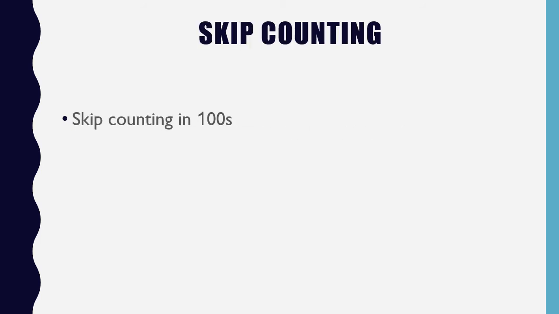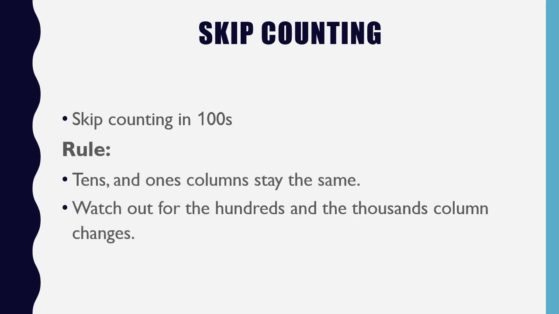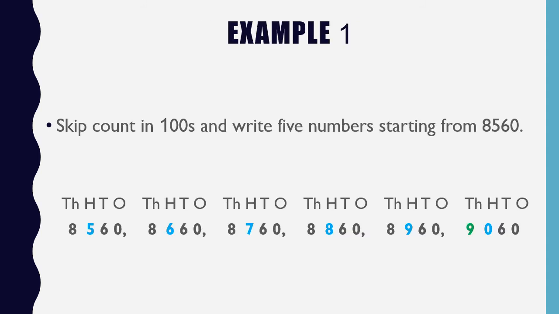Skip counting in hundreds. While skip counting in hundreds, both tens and ones columns will stay the same. You have to watch out for the hundreds and sometimes for thousands column also. Let's have an example. In this example, you have to change the hundreds column only. The numbers are 8560. The next number when we skip count 100 will be